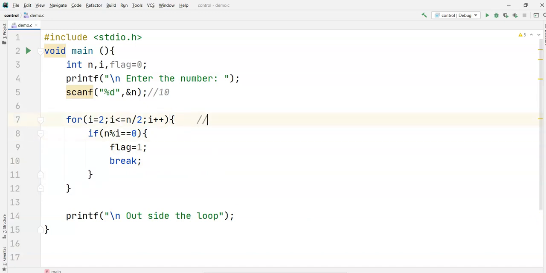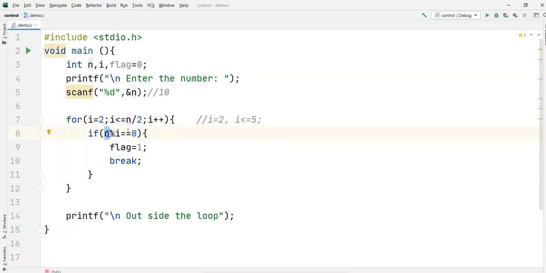Try to understand the loop. Currently on step 1, i is 2. Understand this logic now. i is 2. It is checking until 5, because n divided by 2 is 5, so i less than or equal to 5.